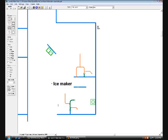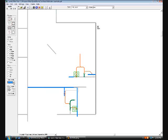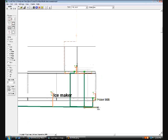Gotcha. And these blueprints that you have in here, sketches or drawings, these are demos that are on ours as well? Yes. It's a multi-story and single-story examples that come with every installation of QuickPlumb. So let's go back to...